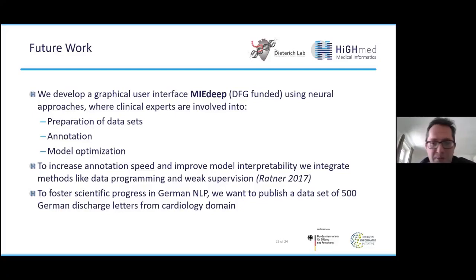Then different NLP teams can build their models and compare which model performs best. We cannot do that until now in the clinical domain, but we want to change that. Our goal is to publish a data set containing 500 German discharge letters from the cardiology domain as a performance corpus, so others can also reproduce our results. So all these scientific best practices, which are not possible until now, can then be applied to these kinds of data sets.